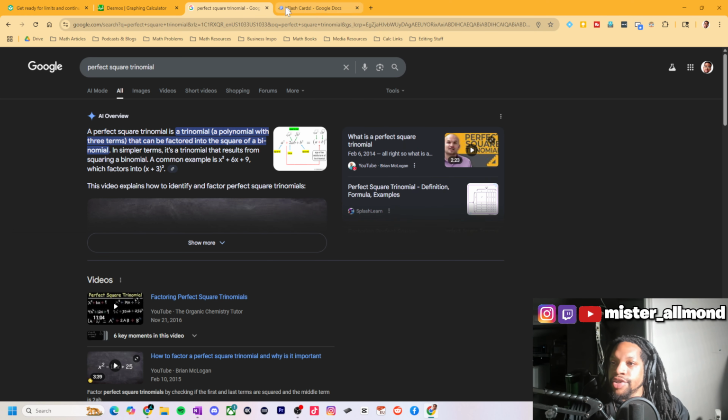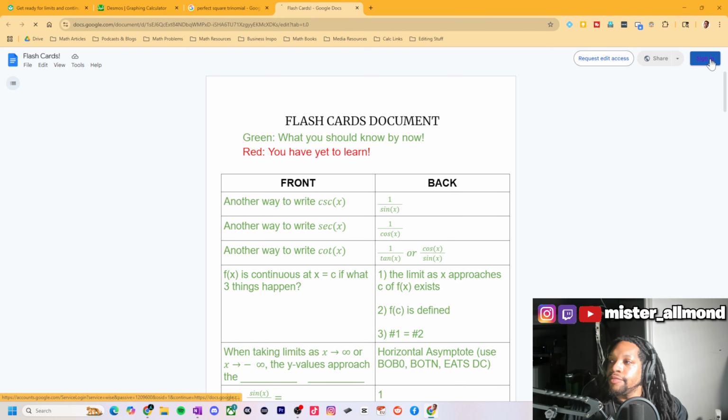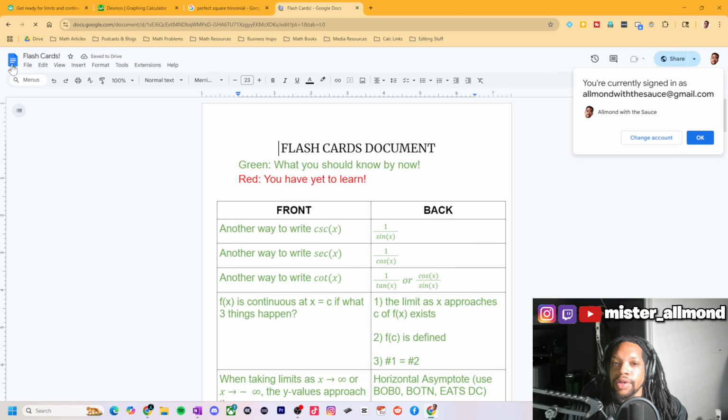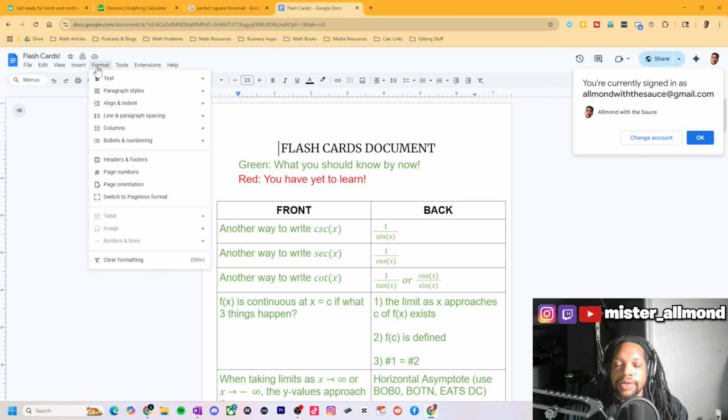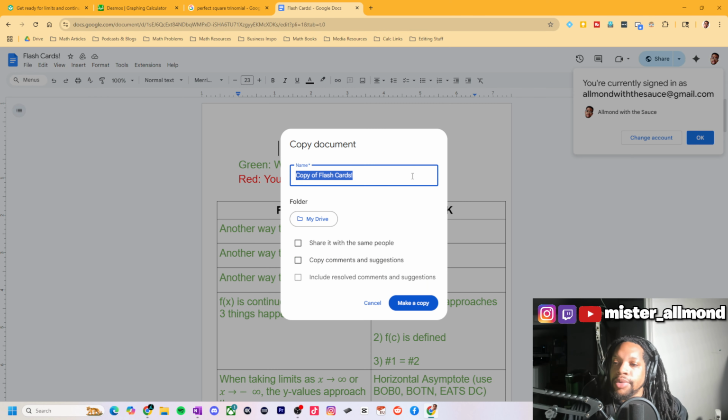I'm gonna have calc flashcards, and then I'm gonna have, do I want to go algebra? I'm gonna call it like below calc, or something like that. I don't know what I'm gonna call it yet, but that's what I'm gonna do. I'm gonna make a copy of this real quick. How do I make a copy? Make a copy. I'm gonna call this below calc